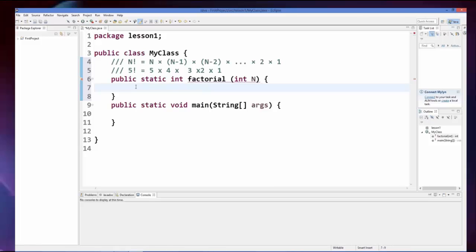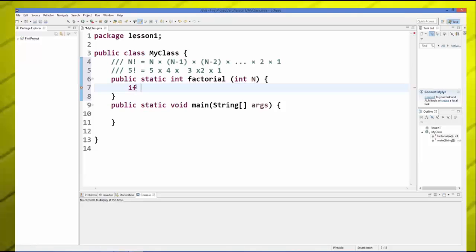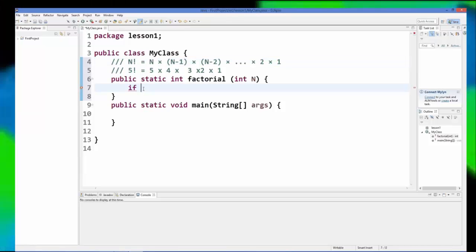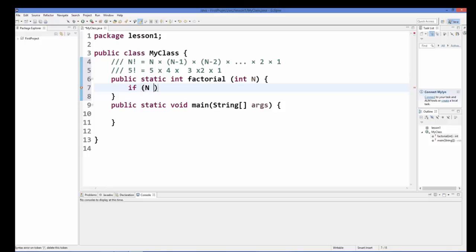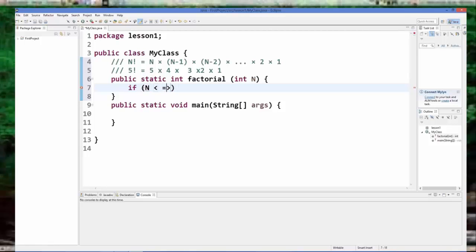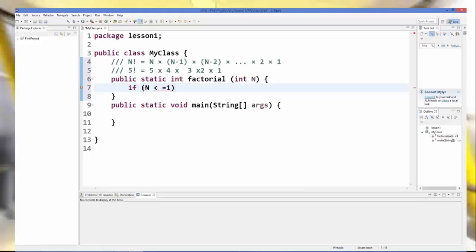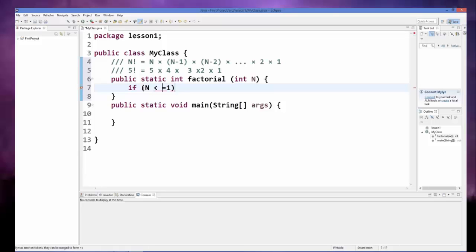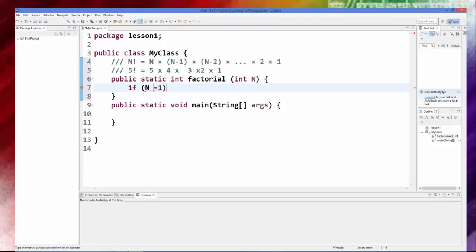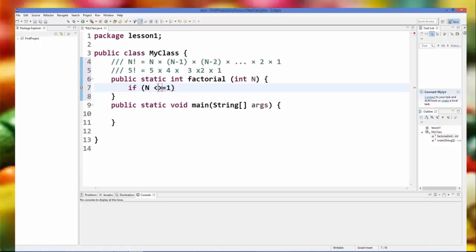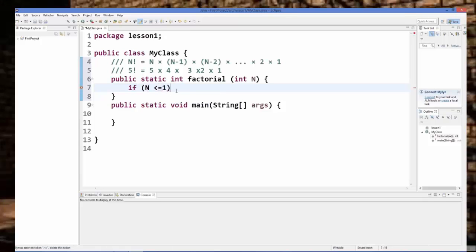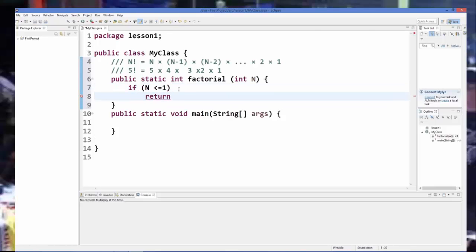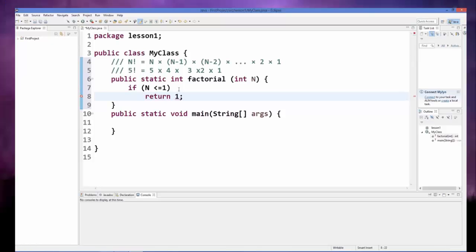So if we want to find the factorial of 0, it's 1, right? So if n is less than or equal to 1, then we will return the answer as 1, right? Something like this, and here we will return 1. Okay, otherwise, else